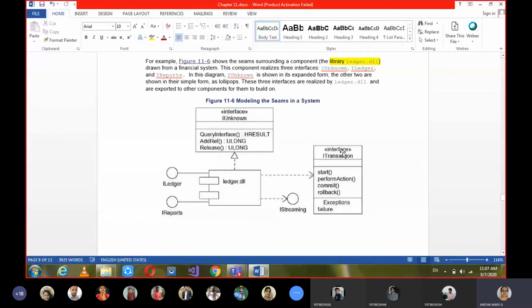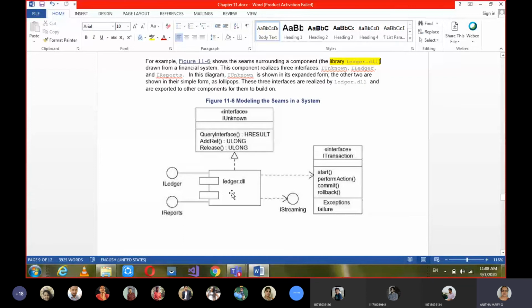If you see here, this is just like a class representation, but here we are having four compartments, just like a class. In a class, the first compartment is the name, the second is attributes, the third is operations, and the fourth, if you remember, is for responsibilities, or it can be for exceptions. So just like a class, even the interface can use the fourth compartment for showing exceptions. Sometimes if these transactions are overloaded, or some problem occurs, there is a chance of an exception of failure. That's what I mentioned under exceptions.